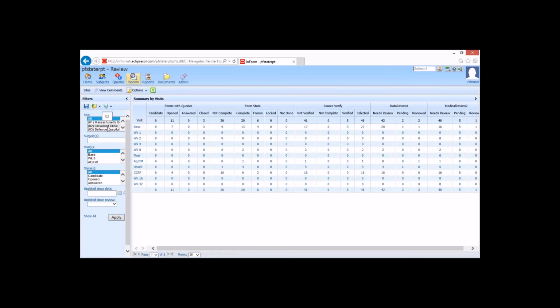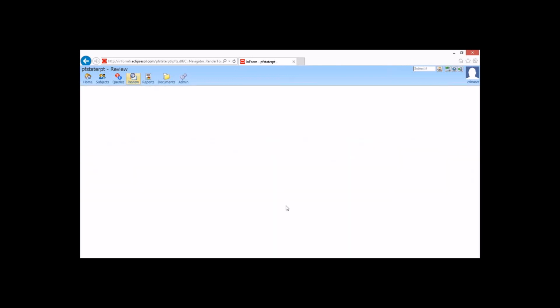1001, for example, on June 3rd. I can come down to my updated since date, select my calendar control, and select that date, and I apply it. Now the only data that we're going to get is data that's changed since that particular day. So anything that's changed since June 3rd is now reflected in here. So I can go into my record listings,